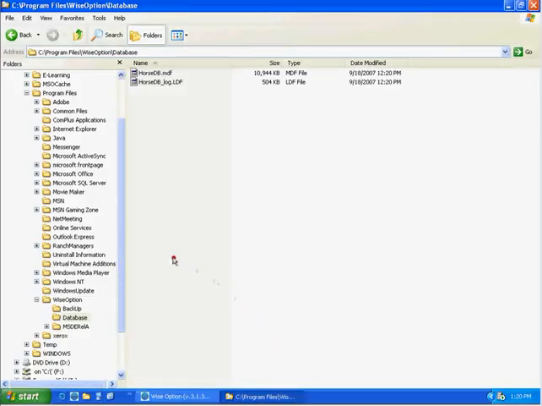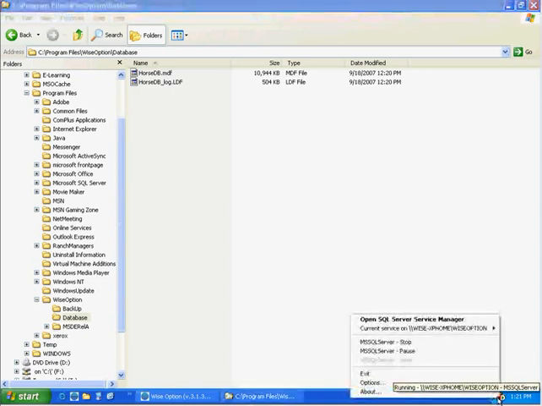Well, if I'm saying that the file is locked, the first thing we need to do is to unlock the file. But to unlock the file, you're going to have to stop the database. To stop the database, in case of a local network running Wise Option, we need to make sure that nobody's running the program. And you're going to find this icon here on your taskbar. This icon is the SQL manager for Wise Option database. You simply